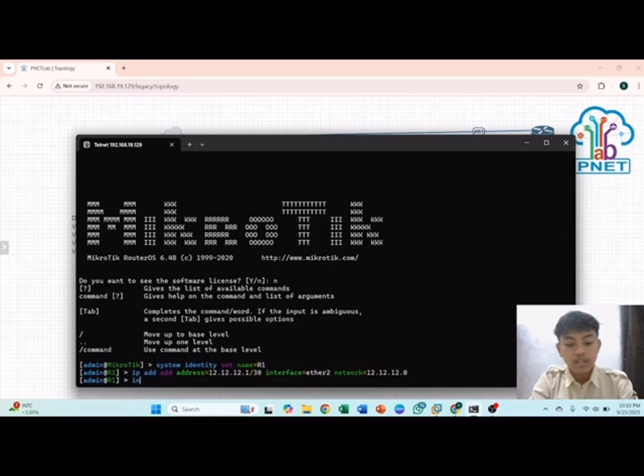And then interface VLAN. You can follow the command prompt in here.